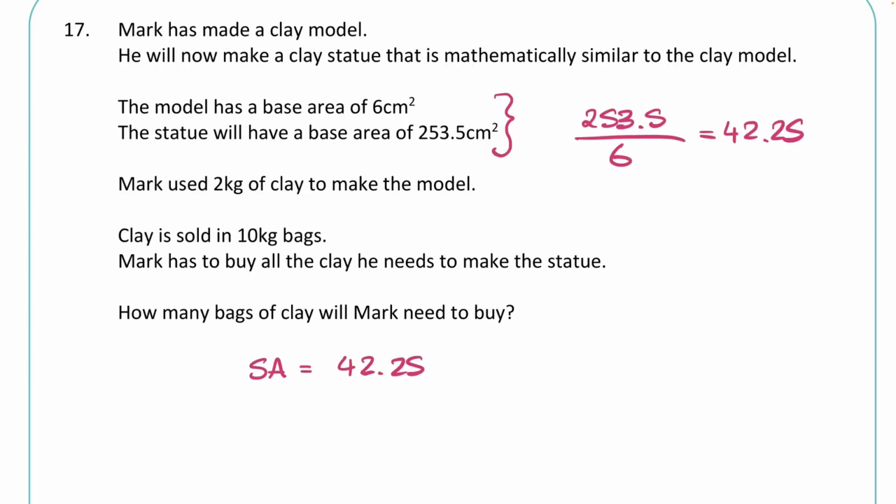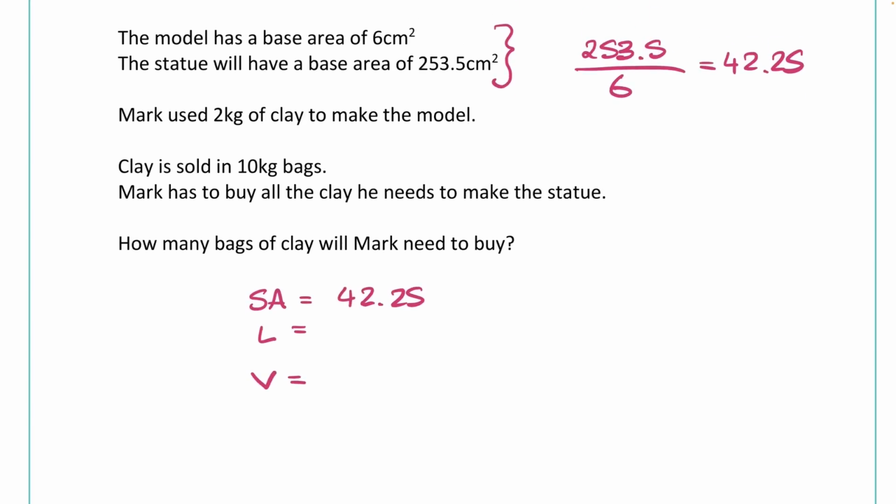So when we are moving between scale factors, I'm going to write surface area is 42.25. I then need to find a linear scale factor, so length and then volume. To get to volume, I have to first go down to length, and I do that by square rooting. So I'm going to square root 42.25, that's going to give me a length scale factor, and that comes out as 6.5. So 6.5 is for the length, and then to get to volume, we need to cube that. So 6.5 cubed comes out as